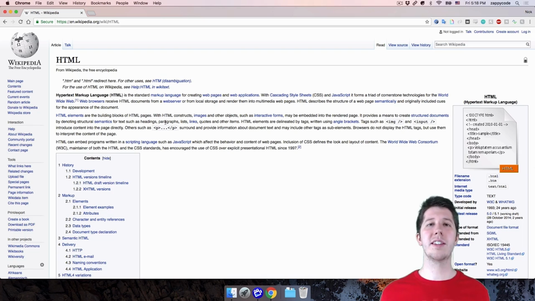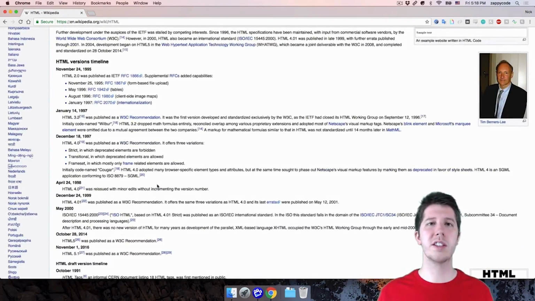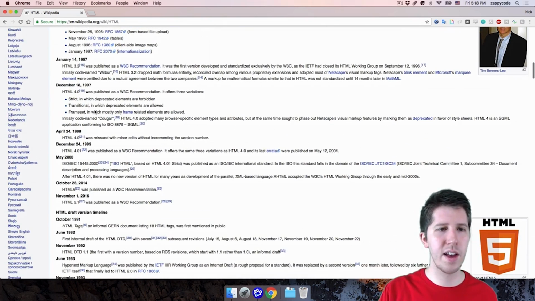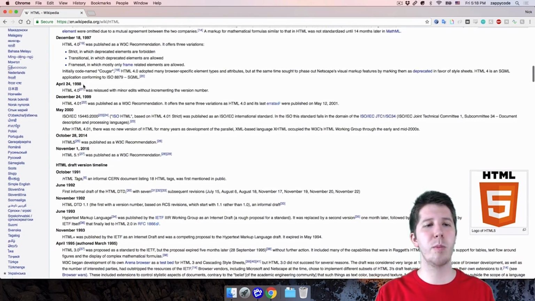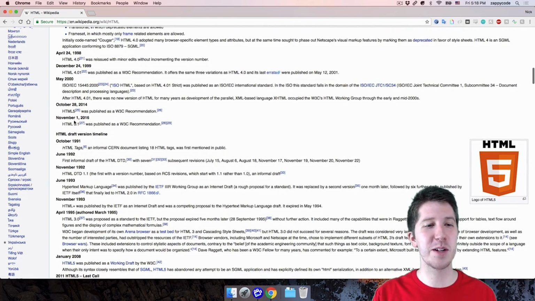The next thing that I want to address is I've always referred to it as HTML5 that we're learning. You may be thinking, is there HTML4, 3, 2? What's that all about? If you look through the history here, there's been multiple versions of HTML. So 2.0 came out in 1995. Then came version 3 in 97. The last version to come out was HTML 4.01 in about 99 and 2000. And then the next version, HTML5, did not come out until 2014.